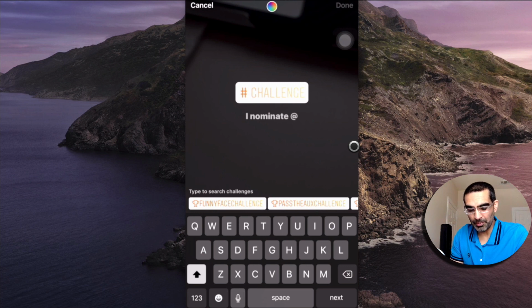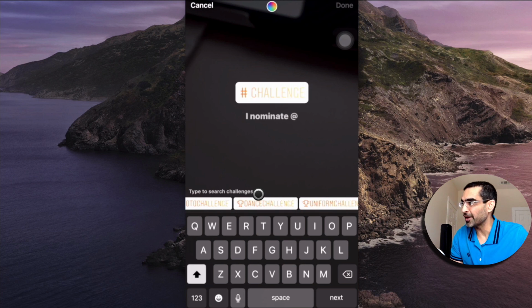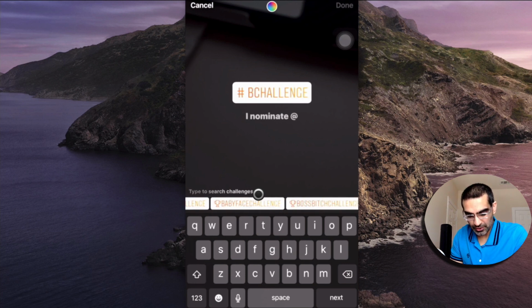If you look at the bottom, first thing, if I type letter A right here, here are different challenge options. Art challenge is right here, arrow challenge, ambience challenge. There's so many, and then I'll go ahead and type letter B. It's gonna give me different challenges. So look at this,